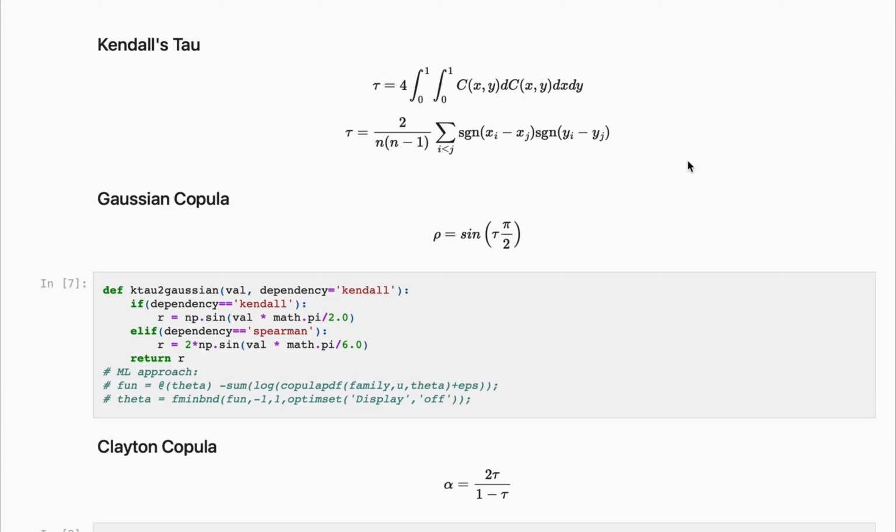This is actually, in fact, this integral equation is how the relationships between Kendall's tau and copula parameters are derived. You can plug in a closed form for a specific copula and then do the necessary mathematical manipulations to solve for the copula parameter. So there is no loss in accuracy in this theoretical relationship between Kendall's tau and the copula parameter. However, when you are estimating this with a limited amount of data, you don't have the true value